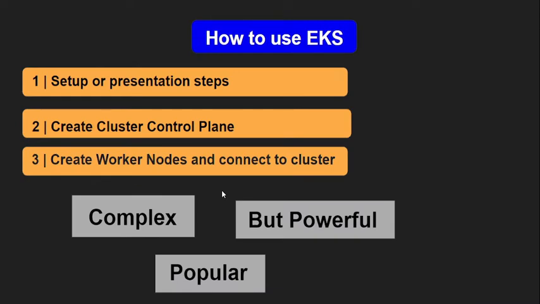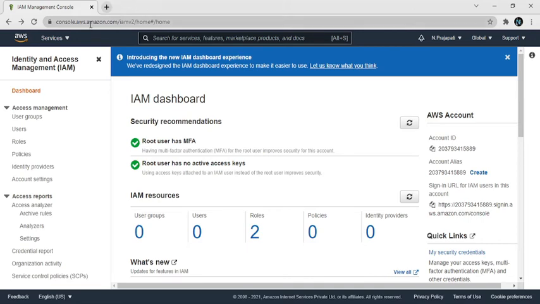But now in this video we're going to create a cluster using the AWS UI. So let's get started and open the AWS console page. So here is my console page. First of all, before we create a cluster, we first create a role, then create a VPC for the cluster, then go on to create the cluster.